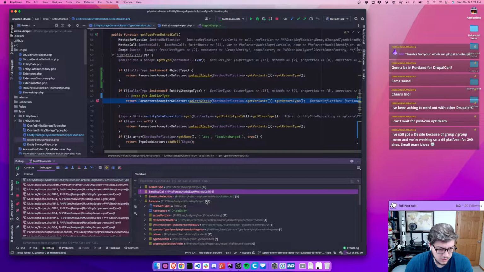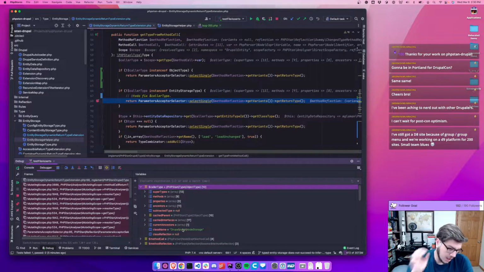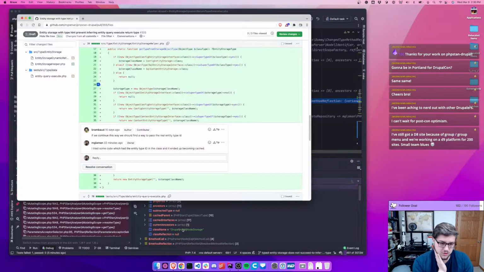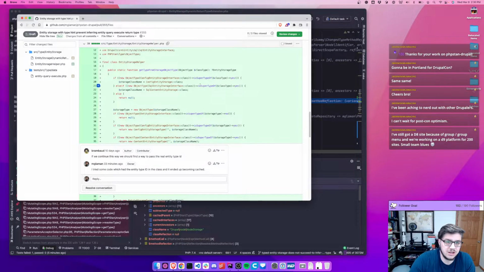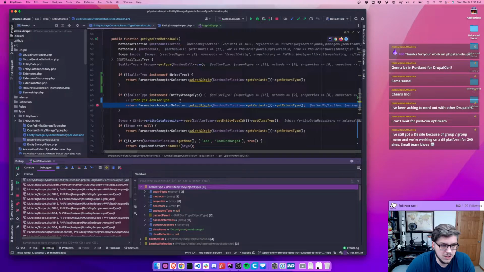Okay, method call. So caller type is an object type of node storage. And that's where in here we check if config entity storage is a super of or content entity storage. So if it's not an entity storage type,